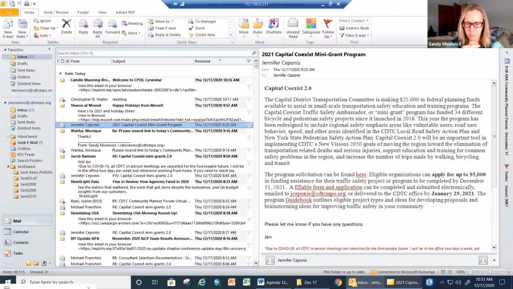The cap on each project is $5,000. We have $25,000 available. All of the information is posted on CDTC's website with a submission deadline of January 29th.